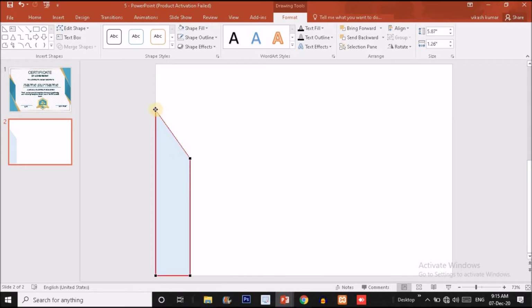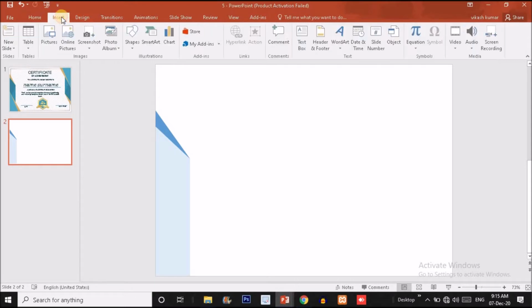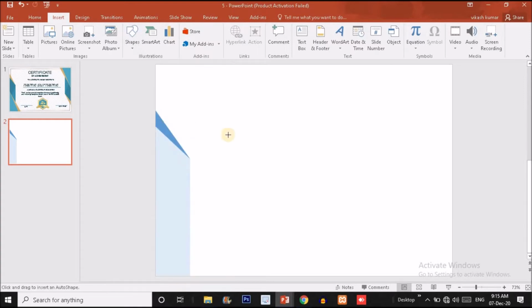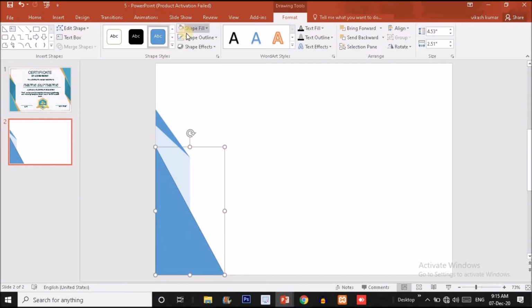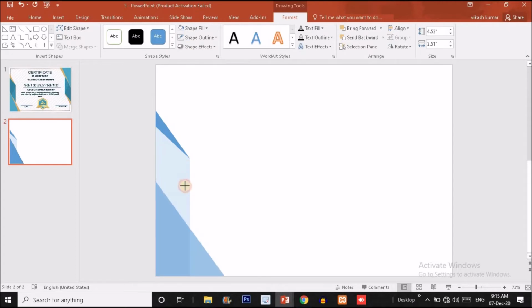Now you have to make changes with the left top black dot. You just have to slide it over here like this. Okay, now done. After this, again click on insert option, choose a right triangle from this and drag a right triangle like this. Put it at the left bottom. Make it no outline, guys, and let me decrease the height of this triangle to this much.